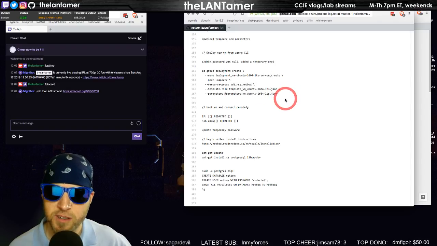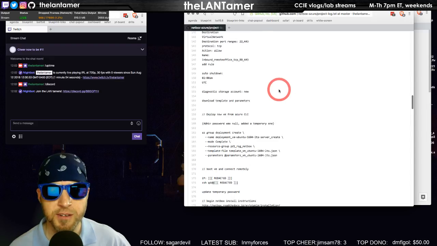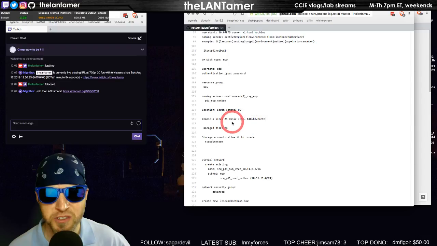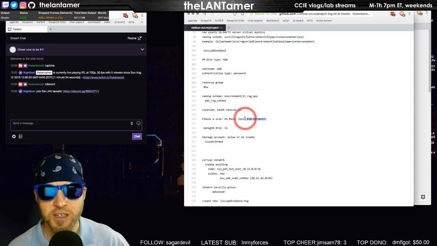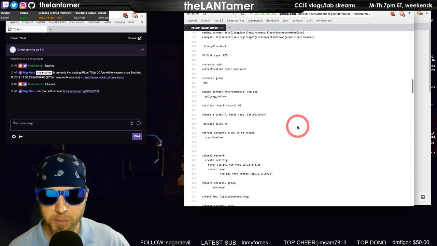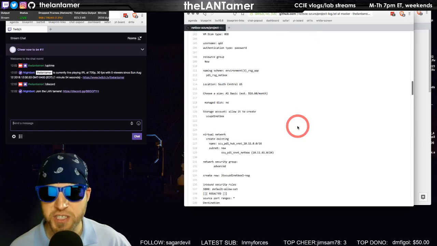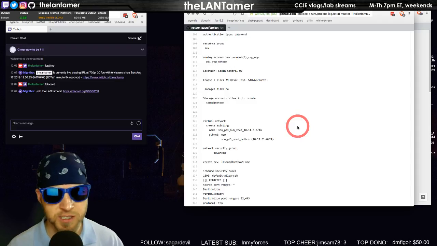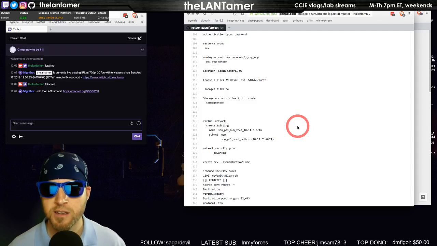It'll fire up 16.04 and deploy it, and with the machine type here, I used the smallest machine type you can use, which is A1 Basic in Azure, and that would come out to $18.60 a month is what they estimate. But that is only if you're running the machine full time. So what I did is I set up the machine. Well, first of all, I shut it down when I'm not using it.